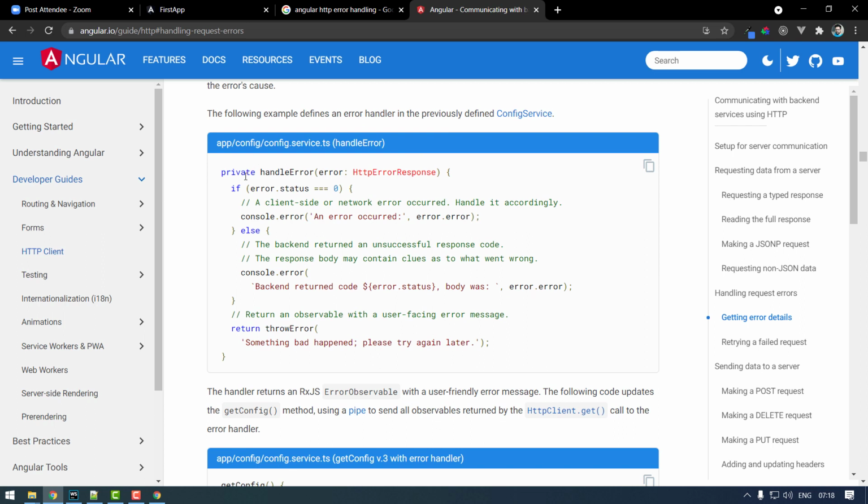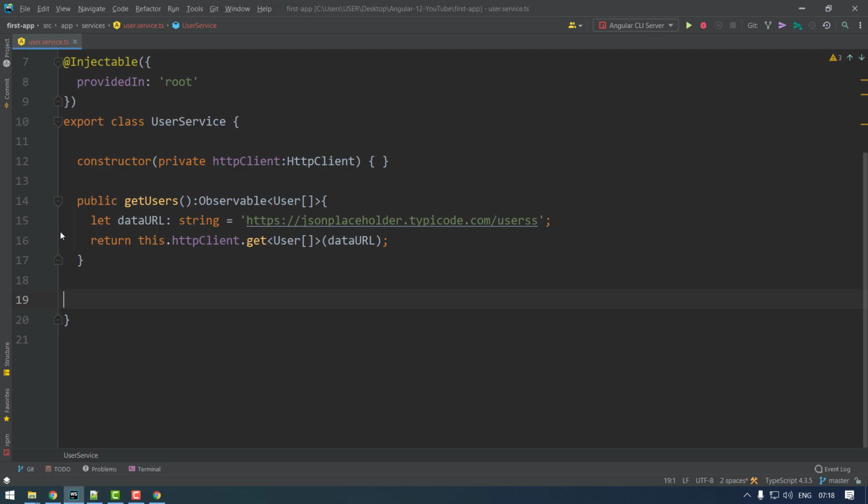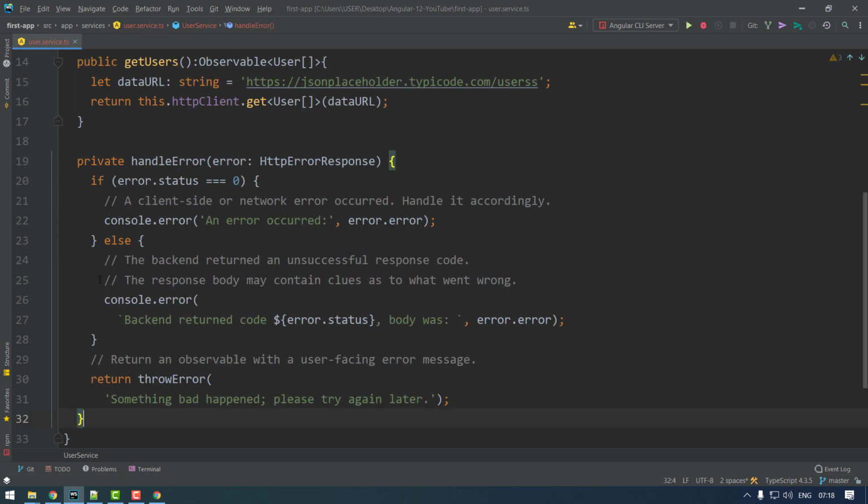They have written a function that takes the error received from the server, an HTTP error response, and based on that they have categorized it. It can be a client-side error or a server-side error. This is the function or method you have to write. So just copy this, go to my user service and paste it.